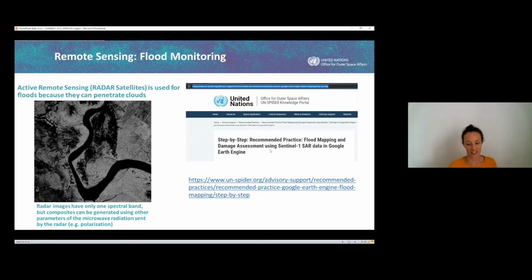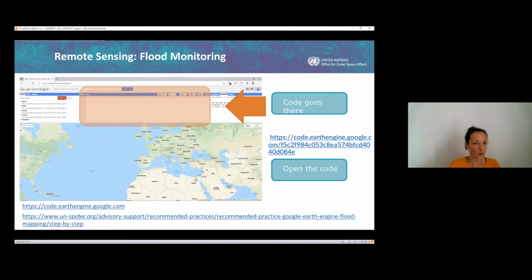have differentiated images. And so the practical example I'm going to talk to you about today is one of our recommended practices that we have available on our website, and I really strongly encourage you to go there and have a look at this one and the other one. What you need to map the extent of a flood is just a Google account to be able to use Google Earth Engine. So once you open Google Earth Engine,